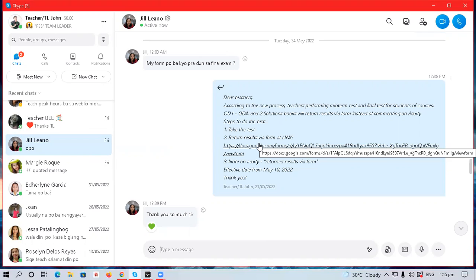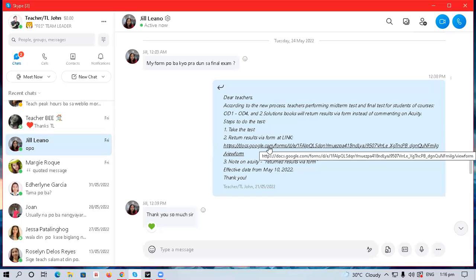If you have a long-term regular class or student, you will experience having a midterm exam and a final exam. When you experience having a midterm examination and final examination of the student, instead of giving comments to the activity, we will